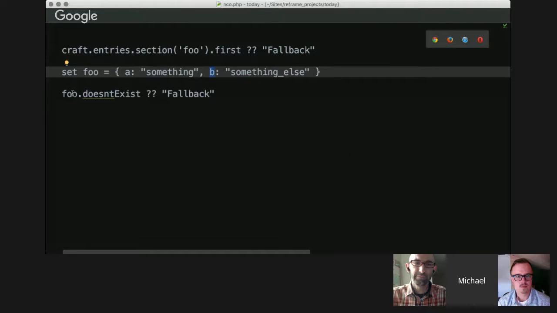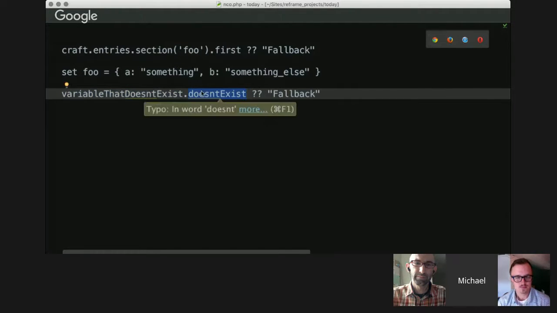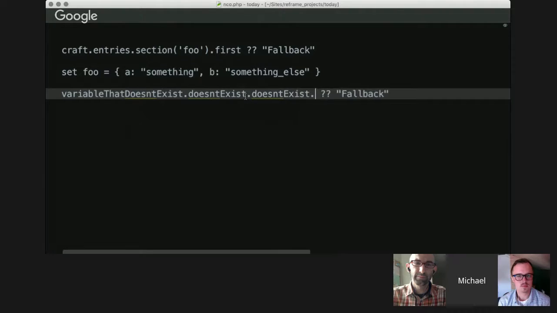But what is even cooler is that if I change this, I'm not going to get an error trying to check for this key on a hash that doesn't exist, because the hash doesn't exist in the first place. And so I can go as many levels deep as I need to. Right? And Twig will see this whole big blob of stuff, and if any part of it doesn't exist, then it's still going to evaluate that it is not defined, and so the null-coalescing operator will skip it and move